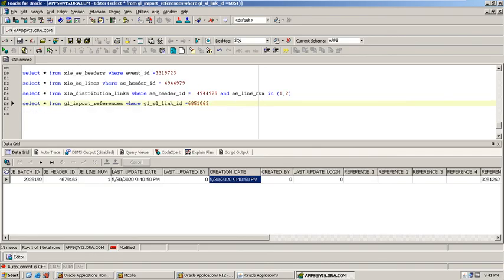Okay, and then what is the join to GL? Here you will see the JE_HEADER_ID. GL_JE_HEADERS, where JE_HEADER_ID equals this one.